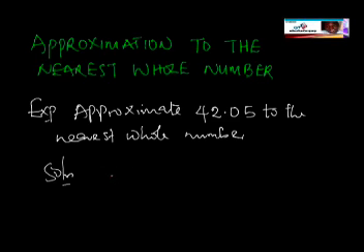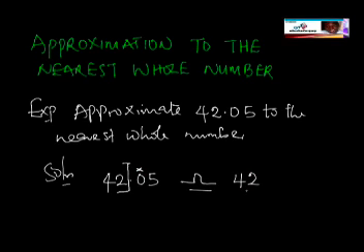So what that means is that if I have 42.05, my boundary will be taken from this point because I don't need the decimal parts, which means this is the number that I'm rounding off, and that number is very small, that 0 here is small, so I will discard it and it becomes 42. That is my whole number. So whenever they say to the nearest whole number, they're actually referring to taking your boundary just at the decimal